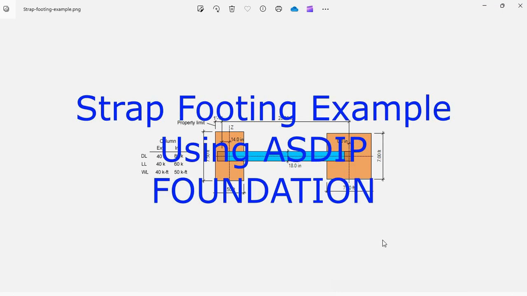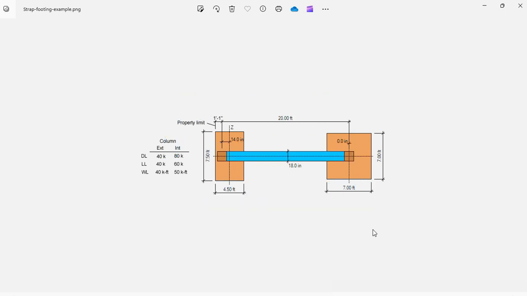ASDIP Foundation includes the design of strap footings, which is a system consisting of two spread footings tied together by a strap beam. But how do you actually design a strap footing system when one of the footings is eccentric, as in this case, or when you have out-of-plane moments? This is Javier Encinas, and today we're going to design completely from scratch a real-life example of a strap footing